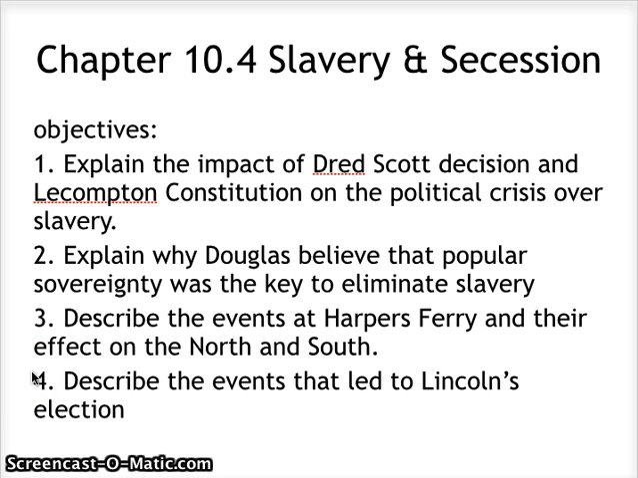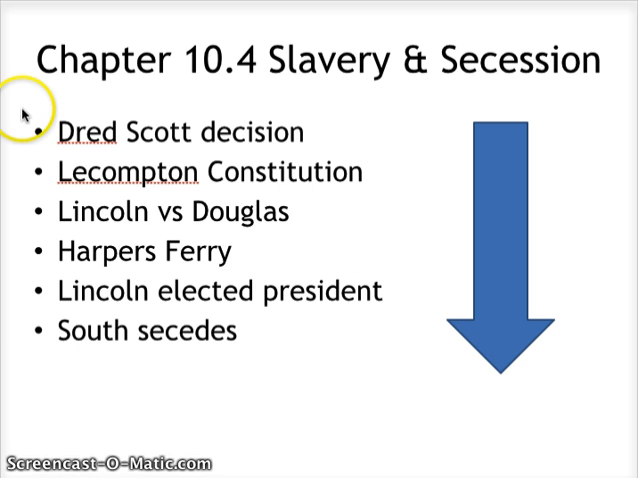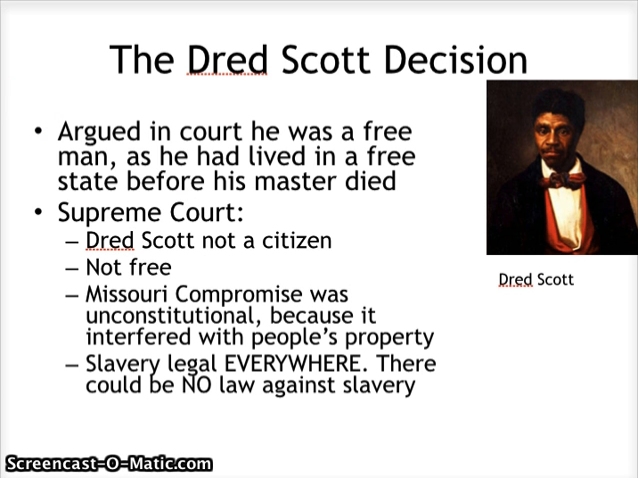Now, we've heard a little bit about Lincoln. We know that Lincoln was against Polk and the war with Mexico. So now we're going to see Lincoln taking on a more important war. He is actually going to be the president during the Civil War. Now, one of the most important things that we start to look at is a case involving this man named